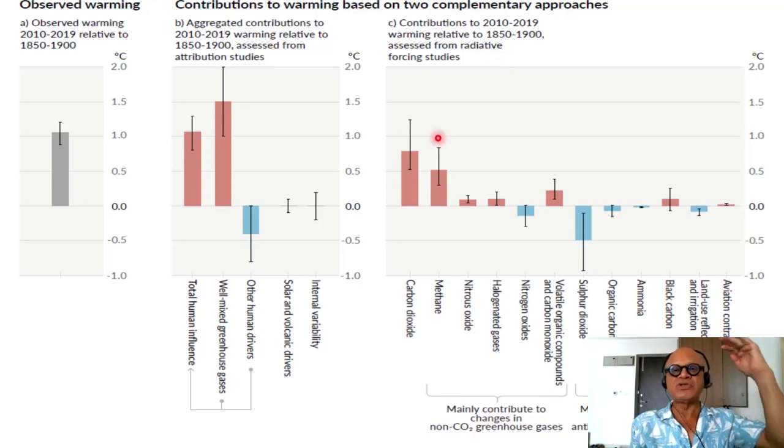So you estimate the additional radiative imbalance caused at the top of the atmosphere because of the various increases in greenhouse gases like CO2 here, methane, nitrous oxide, halogenated gases, nitrogen oxides other than nitrous oxide, so NOx goes in there, volatile organic compounds and carbon monoxide, sulfur dioxide, which is scattering and cooling, so are the NOxes, organic carbon here, ammonia pretty much close to zero, black carbon has a large range as well, land use, reflectance, and irrigation, so albedo changes and other contributions from land use, deforestation, agriculture, and irrigation, and aviation contrails,